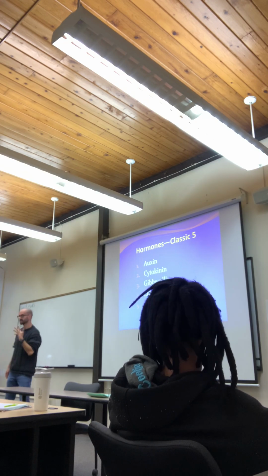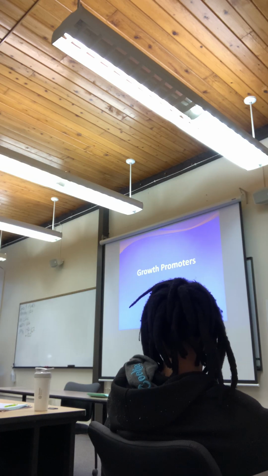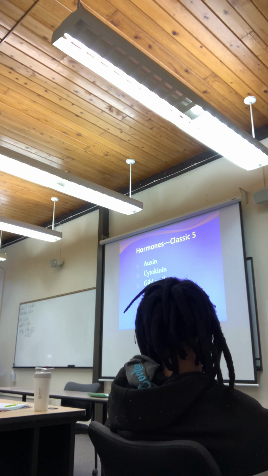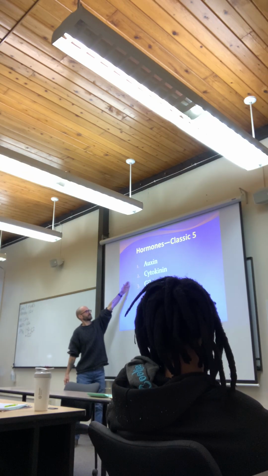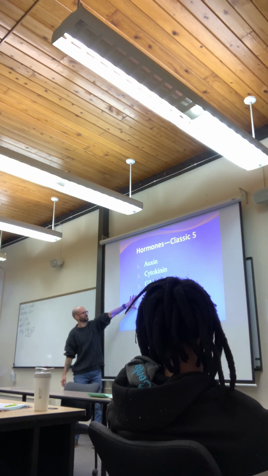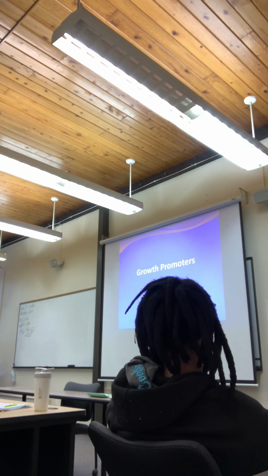So, you may have heard about these or a couple of these before, and now we're just going to take a look at, for each one, what it does, where it shows up, and what its relationship is to the others. These are the big 5, and I've divided it into 2 groups, the growth promoters and the growth inhibitors. We've got 3 growth promoters, numbers 1 through 3, auxin, cytokinin, and gibberellin, and 2 growth inhibitors, ethylene and abscisic acid. Growth promoters first,